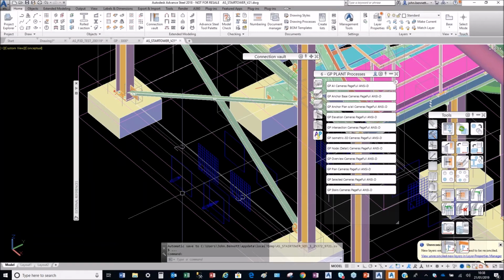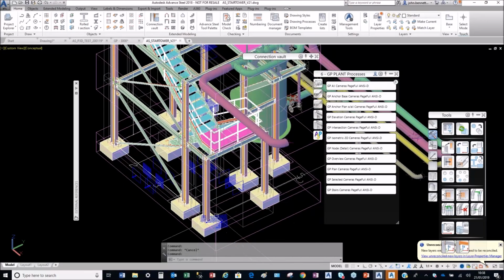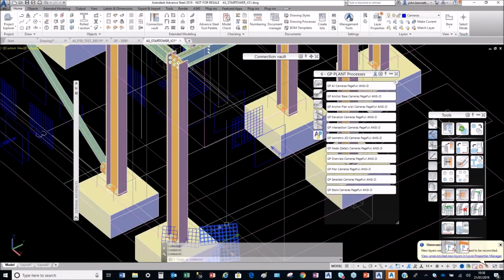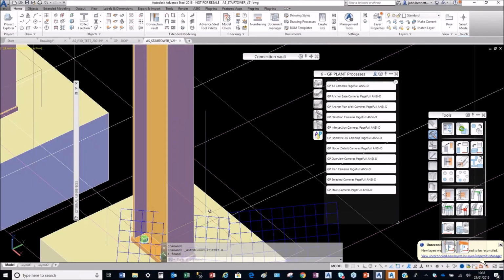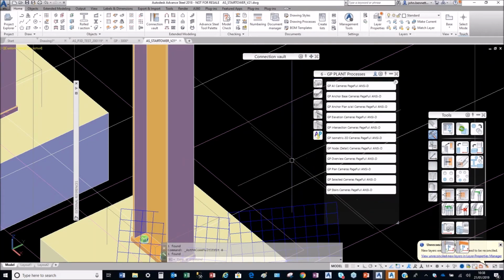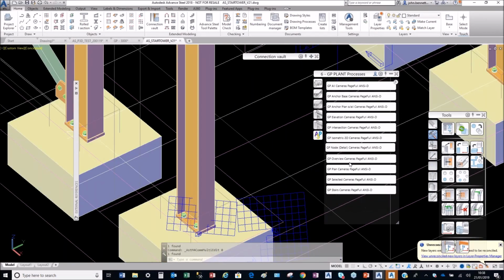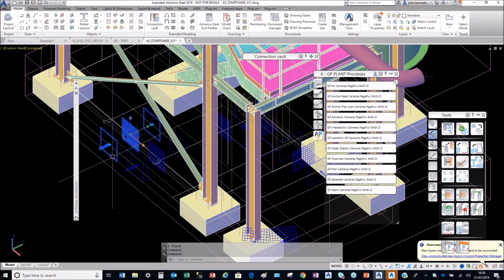So what you can do is pick these particular elements and place them inside Advanced Steel. You can see these blue objects that are placed around the model. Depending on what you want to do, you can have different types, and different types can be used to drive different outputs. These elements can be customized into creating a different series of drawing styles and drawing processes to produce particular types of drawings. So depending on what you're trying to do,